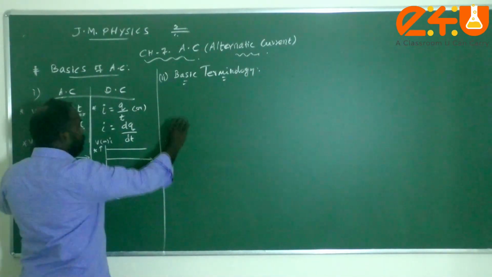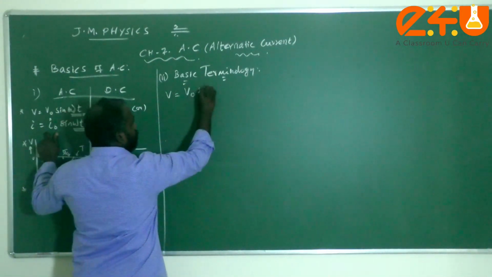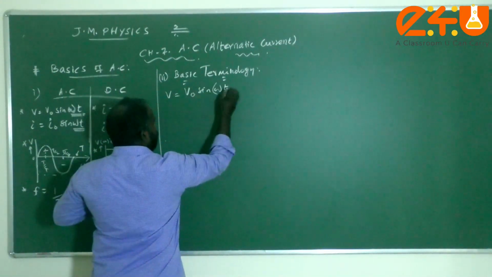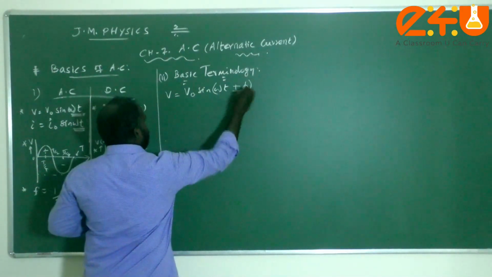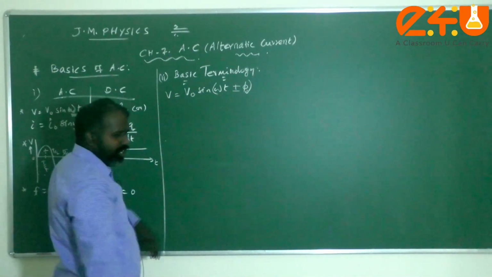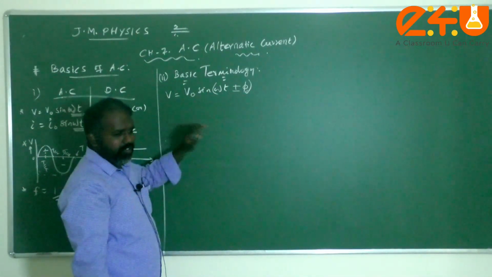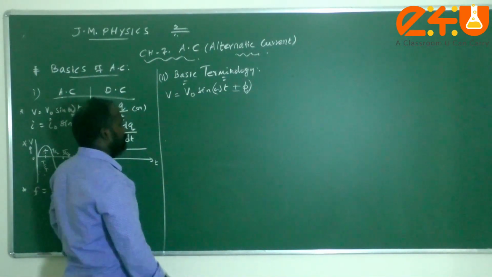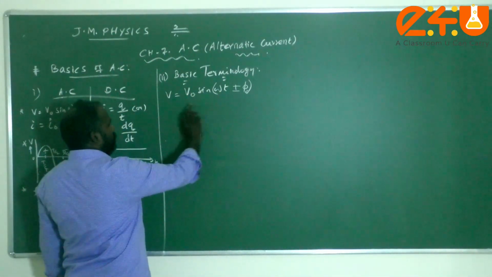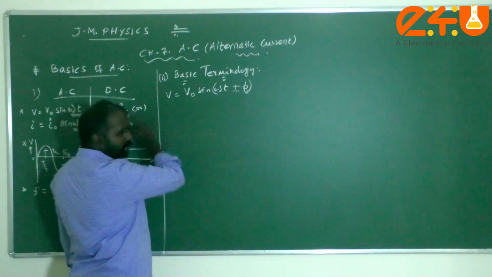Generally you just see, for example, the voltage equation V is equal to V naught sine omega t. Sometimes there may be an initial phase difference. Try to understand, children, as I am writing a general expression. You are aware of this equation from the oscillation topic in 11th standard. Now please see that this is called instantaneous voltage because it varies with respect to time.